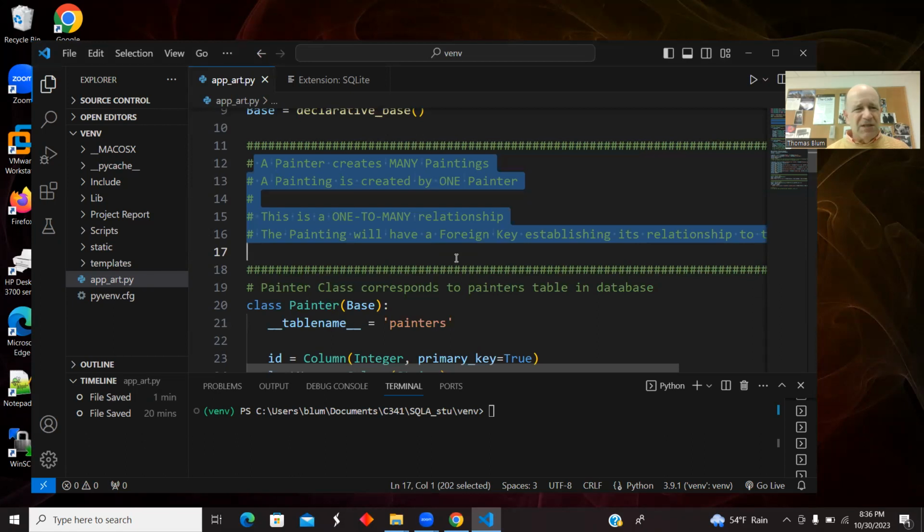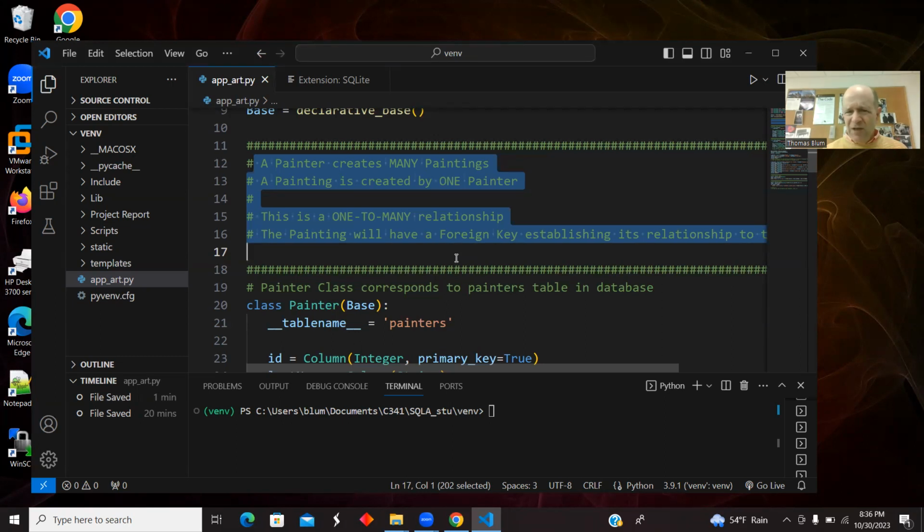So I like to express the relationship in both directions, always starting with a or one. And so a painter makes many paintings, but we're going to assume there are no joint efforts, that a painting is created by one painter, at least for what's in our database. And so expressing that relationship in both directions like that, the painter makes many paintings, but a painting is created by one painter, tells us sort of how to design our tables, and that we can use a foreign